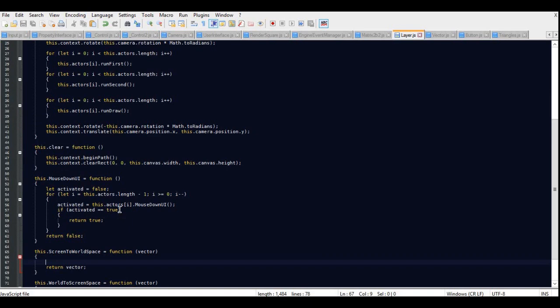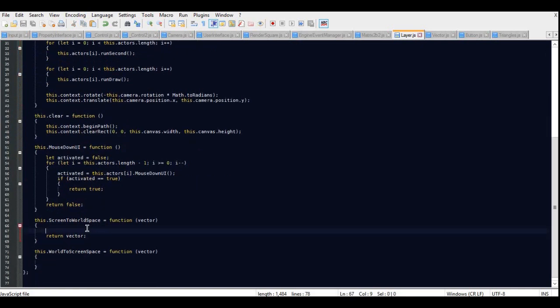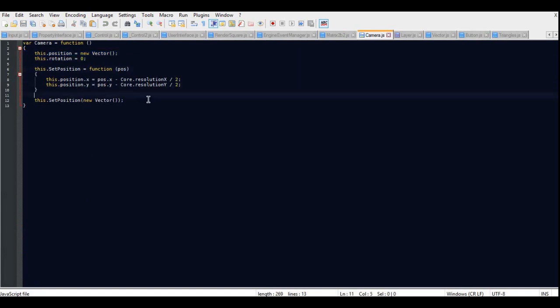Screen space is what I'm doing. So if we look at the order of operations, to undo this we'd need to reverse it. So we need to take the rotation out and then revert the position. So we need to use the matrix again. I think I was going to put on the camera a new matrix. So this.rotationMatrix equals new Matrix 2v2,